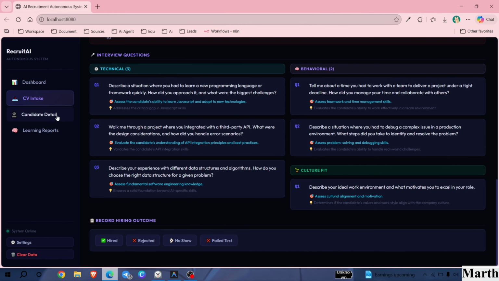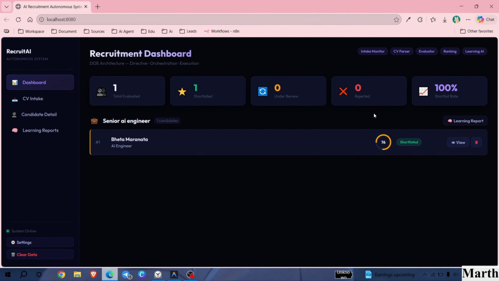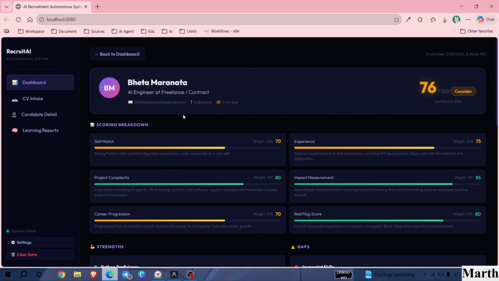Okay, perfect. So we have the candidate details and, of course, the dashboard. For example, if I want to open this profile again, I'm just going to the dashboard and view this candidate's profile.